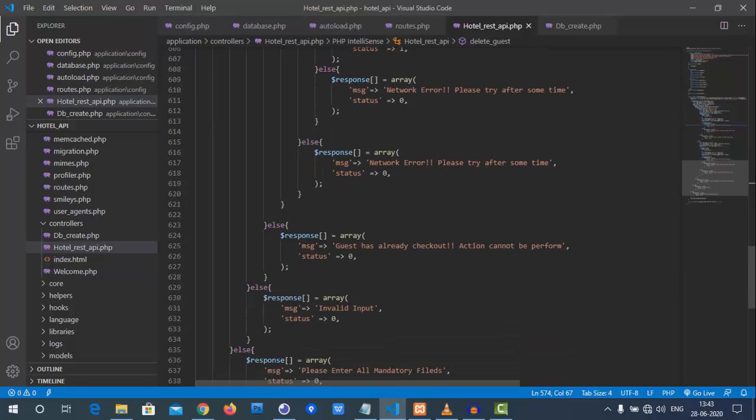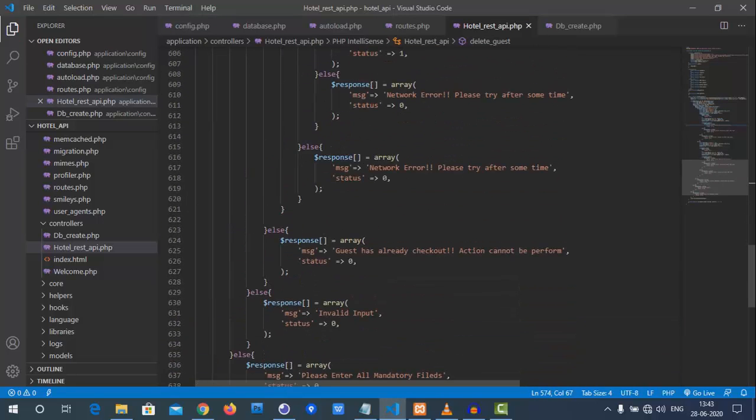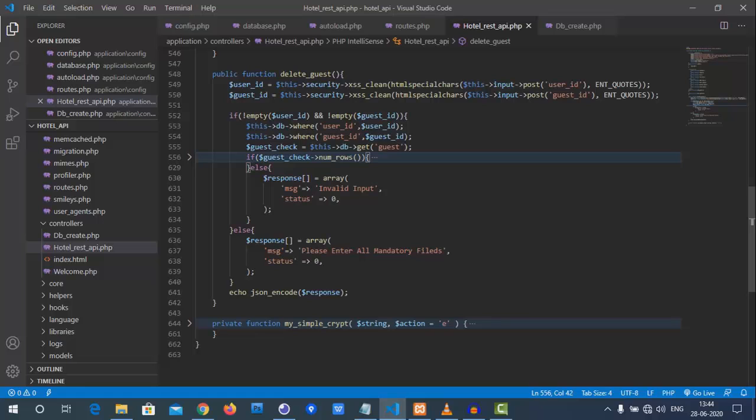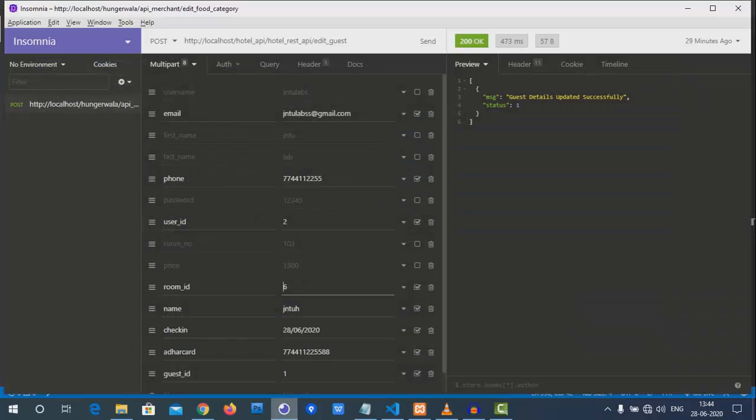Either this or that will happen. We'll get a message here, and here the guest has already checked out. Invalid input if the inputs are not valid. If we don't find any rows, then it's an invalid input. If both are empty, then invalid fields. That's all for this.